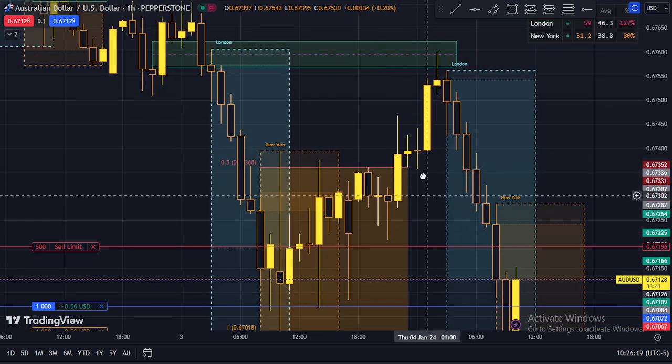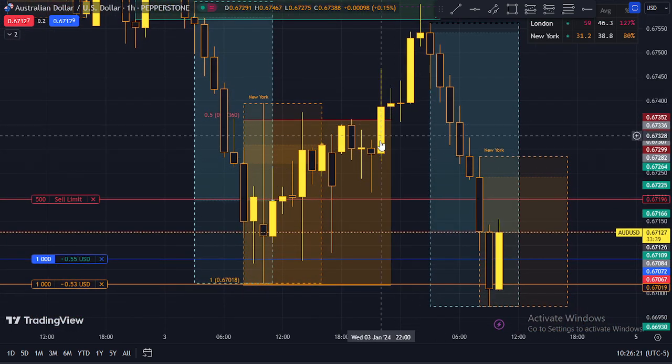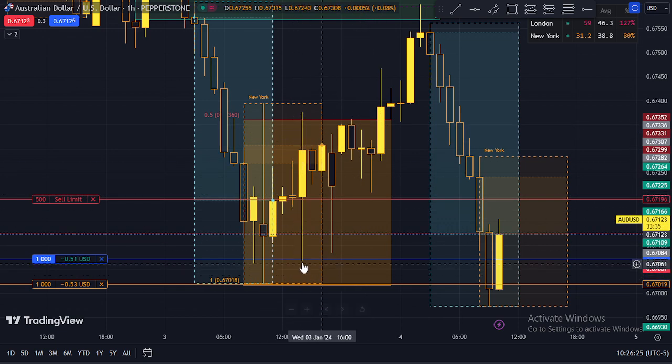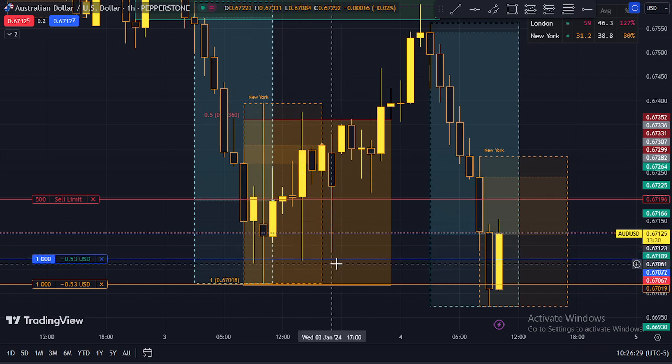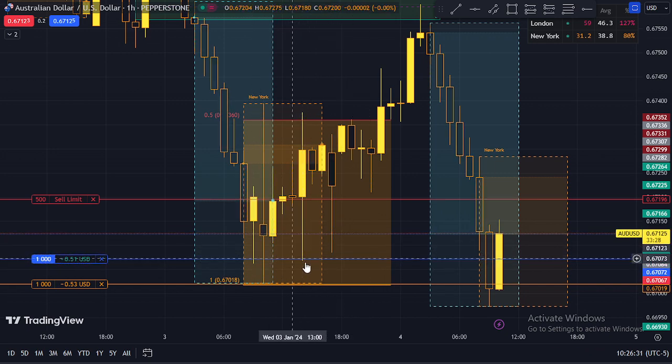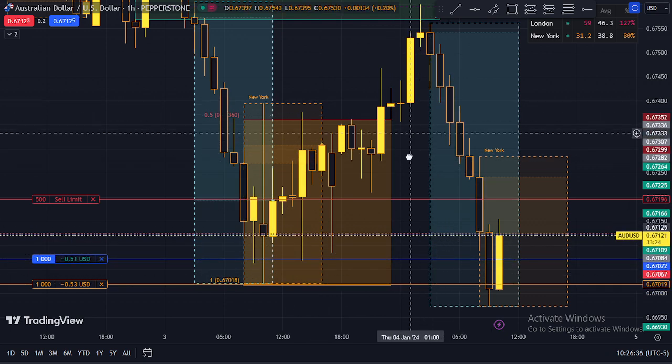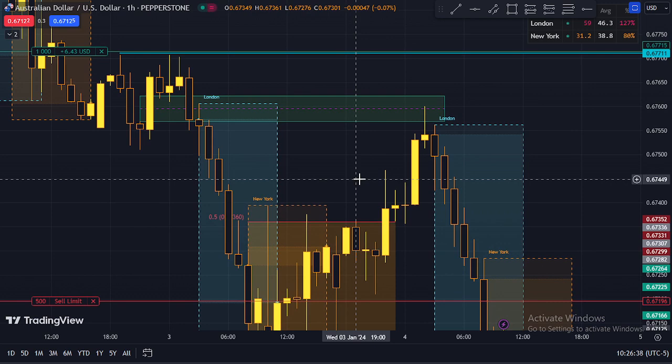So what could we be aiming for? We had this inefficiency. We had these lows. As you can see, we had quite a good and a clear sell side that was residing below these lows. So we had that. So this was quite easy to see. So if we go to a 15-minute chart,